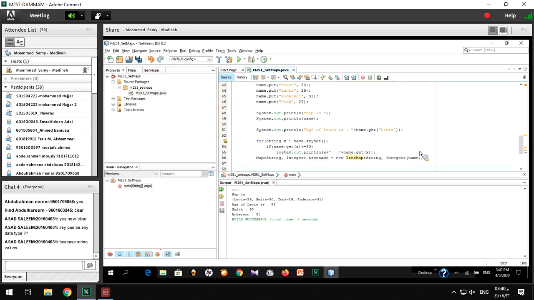And you just print this tree name, System.out.println of treeName. This will print the map in ascending order